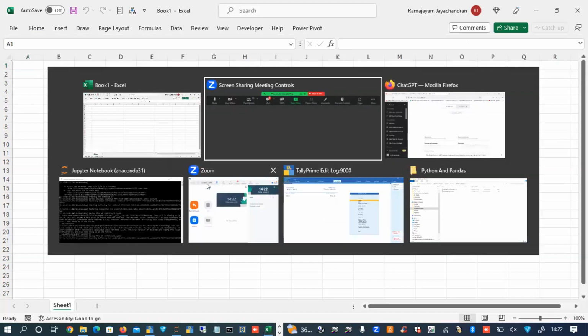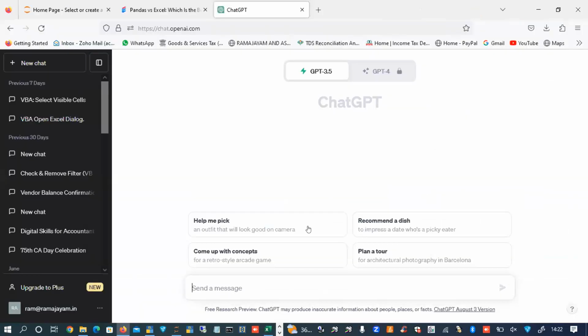For example, I'm going to ChatGPT because many are not aware of what a library is. I'm going to say, give me a list of popular libraries in Python.